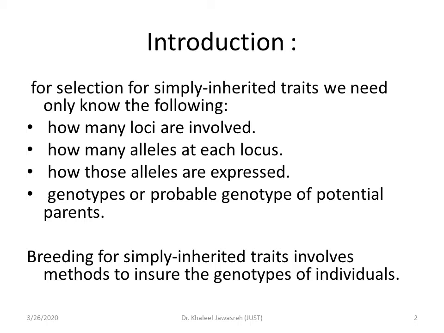These genes or mutations can be found in the males and females, but none of them can be expressed, whether homozygous or heterozygous, in the female. It will not be expressed in the females. It will be expressed in the males that are heterozygous, not homozygous, but they can pass it to the next